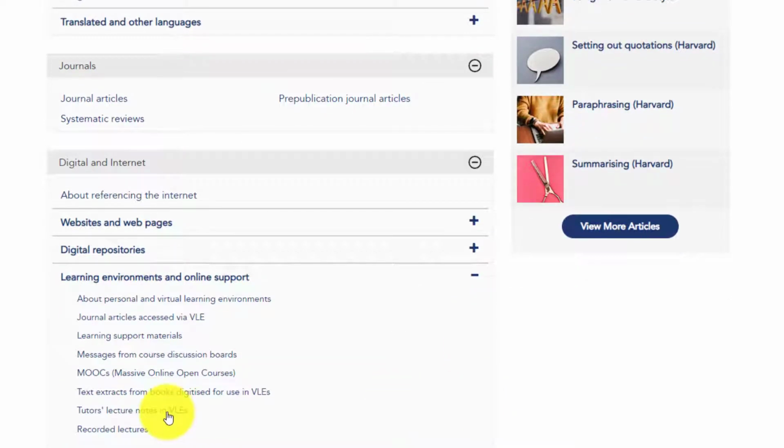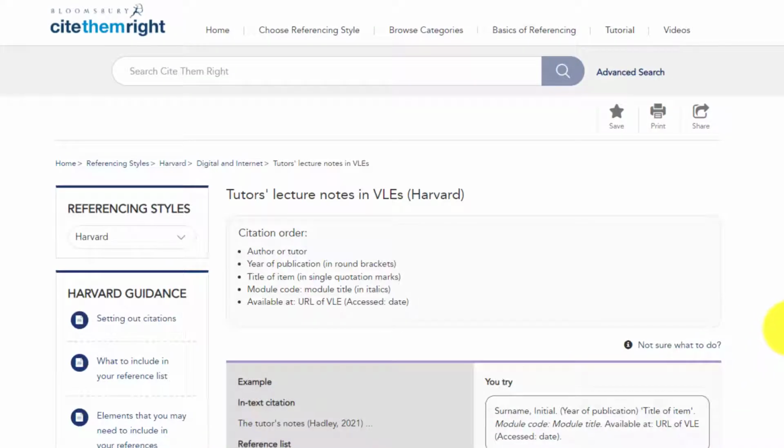You can use the section Tutors Lecture Notes in VLEs to reference online module materials. There's further advice about which sections of Cite Them Right you might want to use when referencing physical and online module materials on the Referencing and Plagiarism page of the library website.